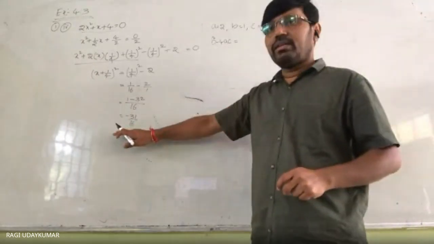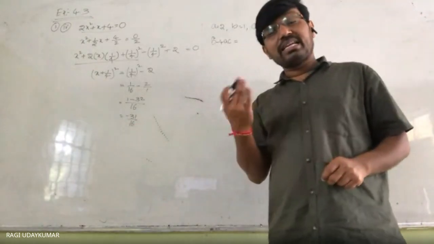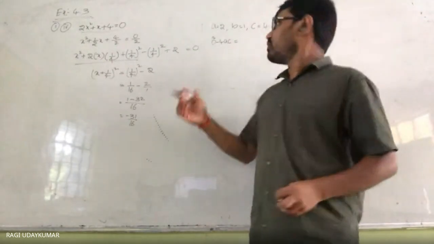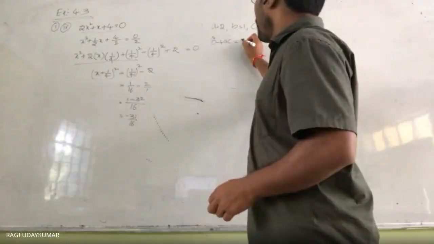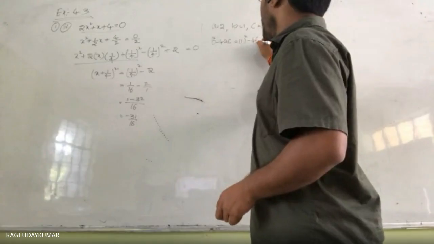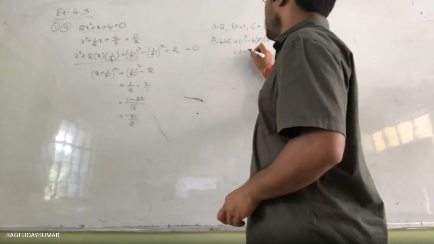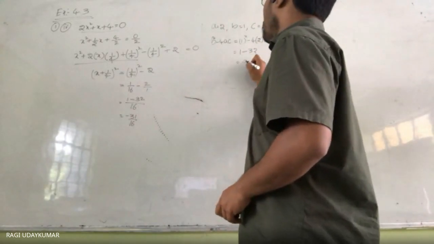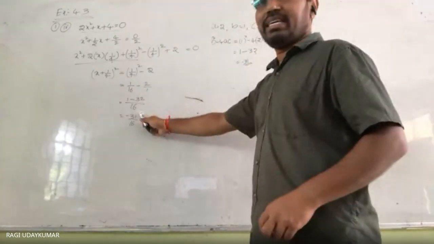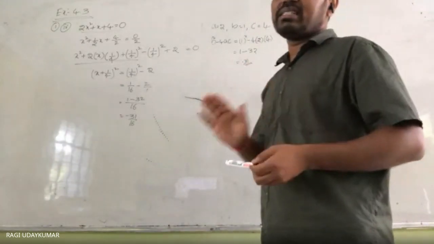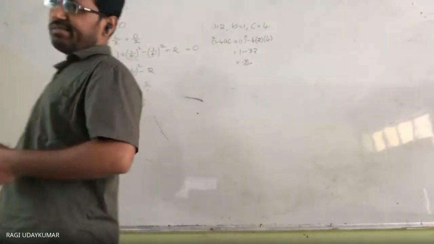Here, other than the real numbers, there are some numbers. What are those numbers, we are going to learn there. So now here b square minus 4ac, what do you get here? 1 square minus 4 into 2 into 4, which is equals to 1 minus 32. So we are going to get minus 31. ये minus 31 है ना, ये minus 31 इधर ही आ जाएगा. तो ये आने के बाद बोल सकते हैं roots does not exist for this quadratic equation. It is not necessary for us to solve this one.